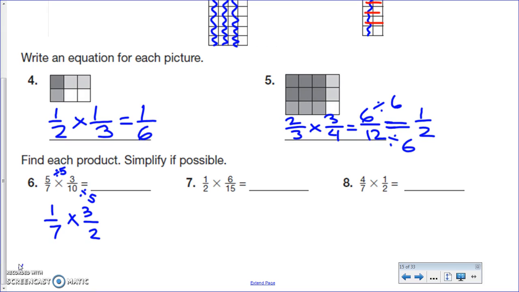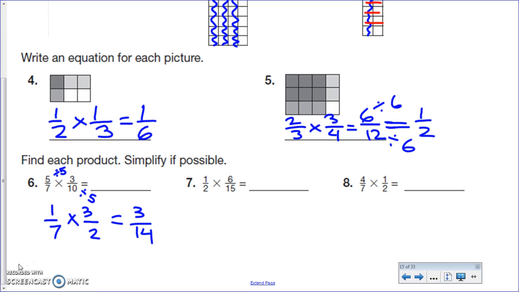And then we're going to multiply across, so 1 times 3 is 3, 7 times 2 is 14. So our answer is 3/14. For 7, we have 1/2 times 6/15. So we know we can't simplify 1 or 15, but 6 and 2 have a greatest common factor of 2,